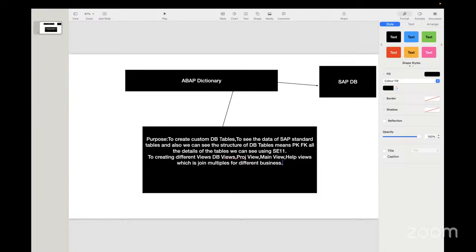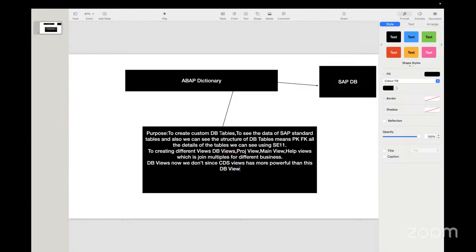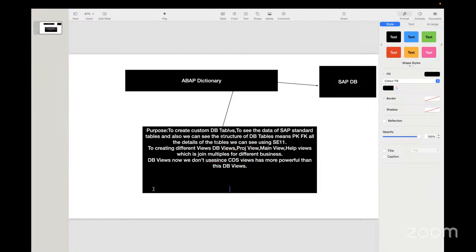And database views are obsolete now. I mean, obsolete means not obsolete, but database views we don't use now, since CDS views are more powerful than these database views. Okay. Anyway, in the purpose, one by one, we are writing: database views we create, the purpose of ABAP dictionary, right? And to create